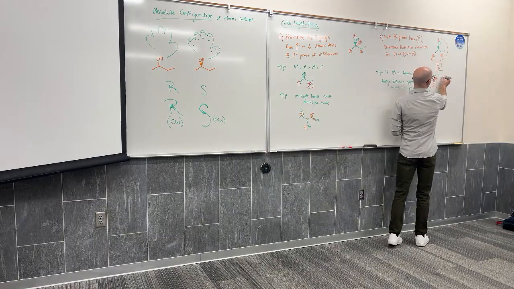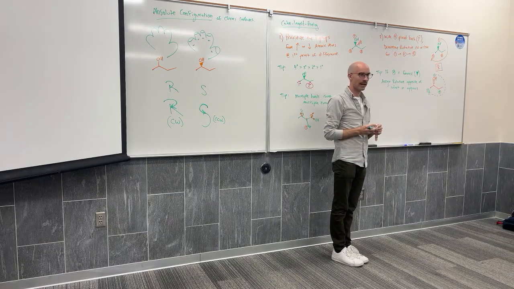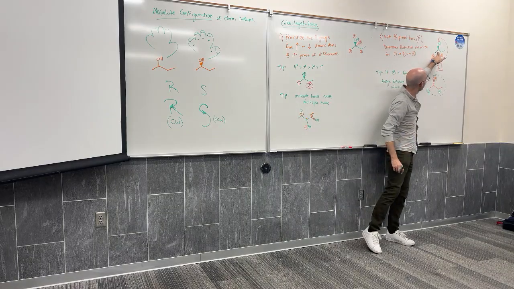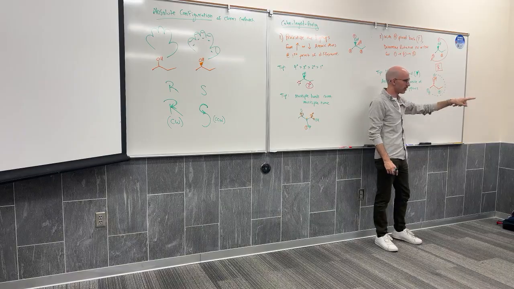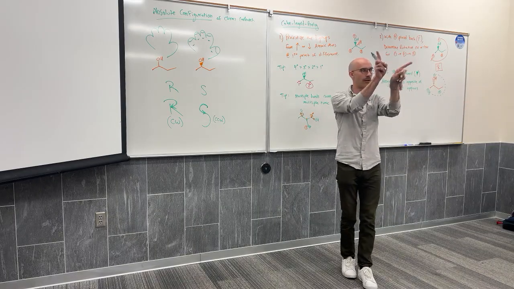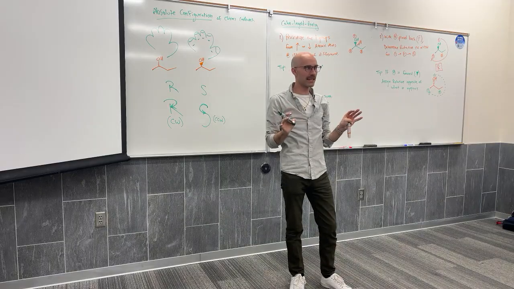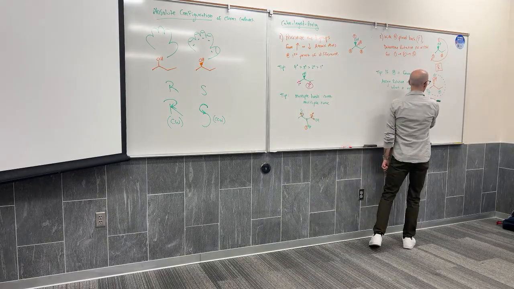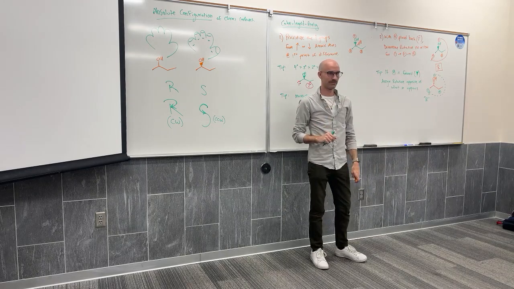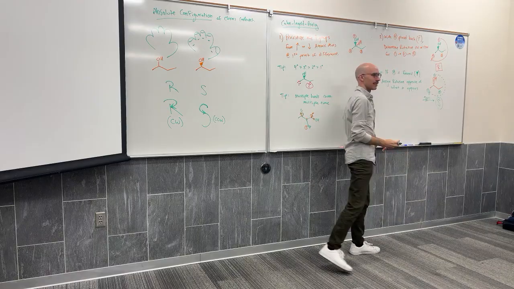So I assign the rotation, I determine the rotation to be clockwise, but I think you guys can agree the position of my H and OH have swapped here. Just like I showed you before, those two bonds are now connected by swapping them. These can't be the same absolute configuration. They can't be the same molecule. So why is the rotation going the same way? It looks like it's R. But we've broken a rule, and it's actually S.